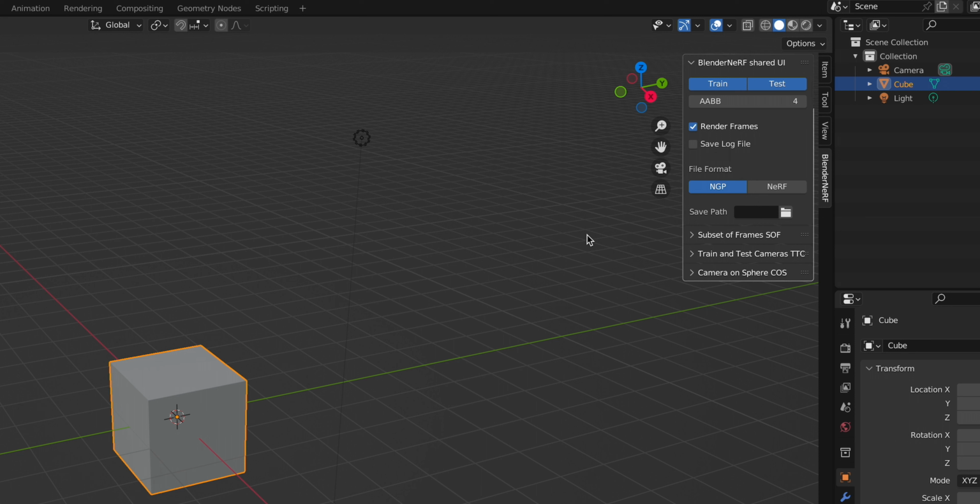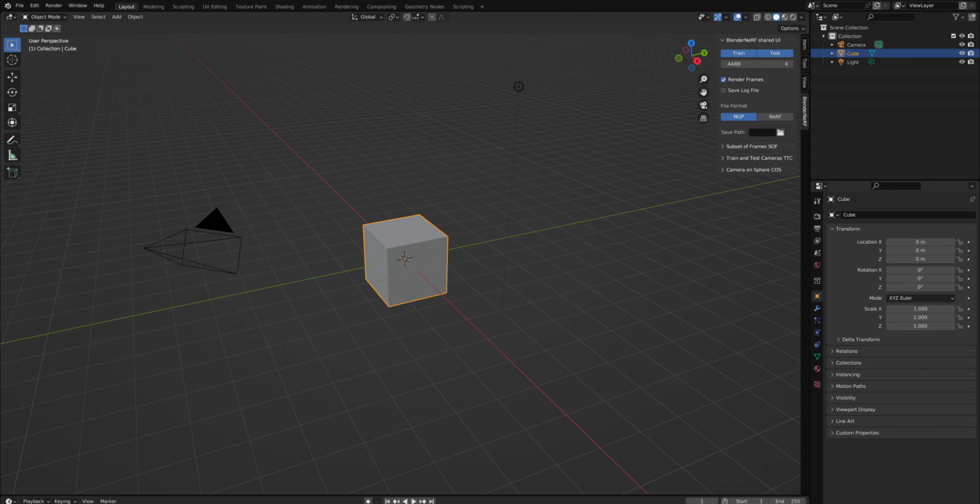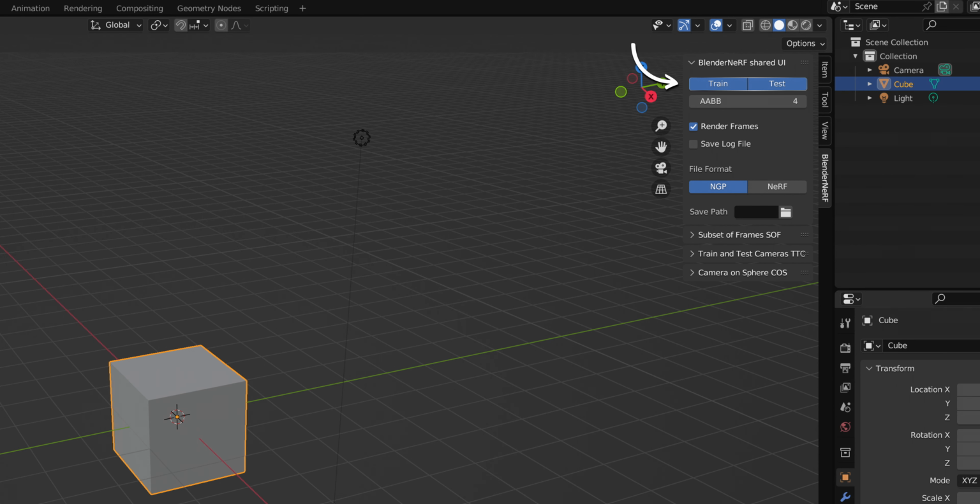Here, you will see 4 windows, 3 of which are closed and correspond to the BlenderNeRF methods to capture datasets, and the top one being the shared user interface. I will discuss each of the methods in more detail with their own example files in a minute. For now, let's focus on the shared user interface. You will first notice a few toggle buttons and controllable properties, most importantly the train and test toggles. With them selected, you will respectively export the camera poses for the corresponding training and testing cameras. As you will see, these might be the same depending on the method and your settings.